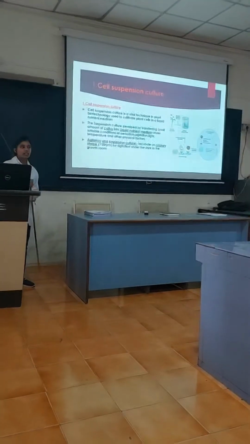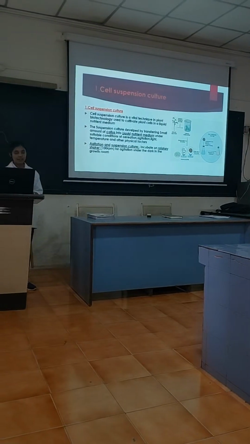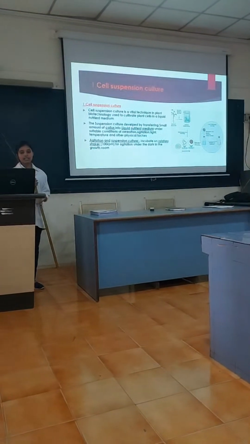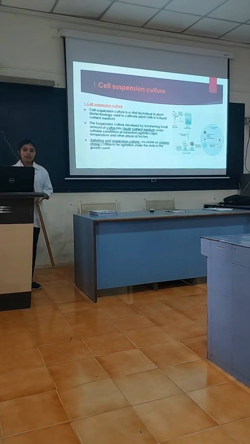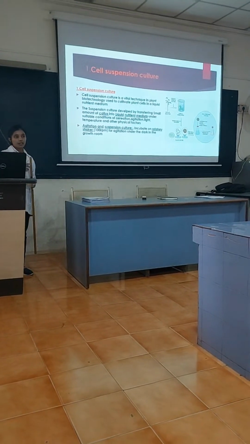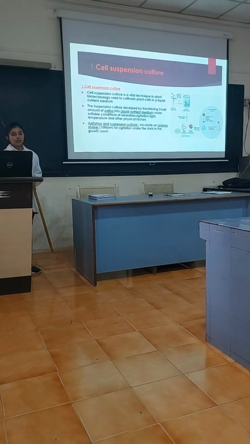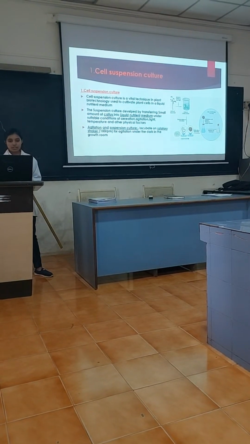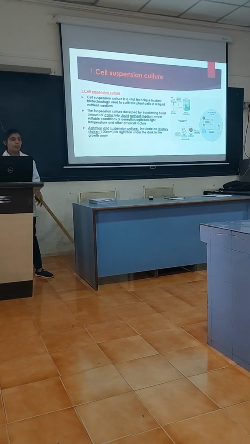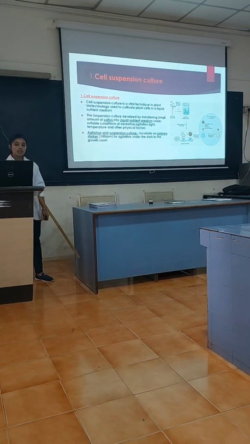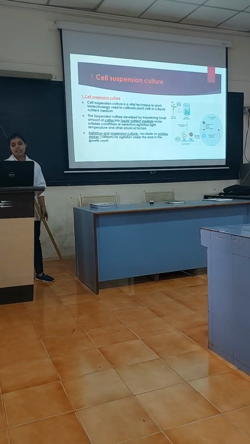The cell suspension culture is a vital technique in plant biotechnology. It is used to cultivate the plant cells in a liquid nutrient medium. The cell suspension culture is developed by transferring a small amount of callus into the liquid medium under suitable conditions of aeration, agitation, light, temperature, and other physical factors. The suspension is incubated on the rotatory shaker at 1000 rpm for agitation under the dark in the growth